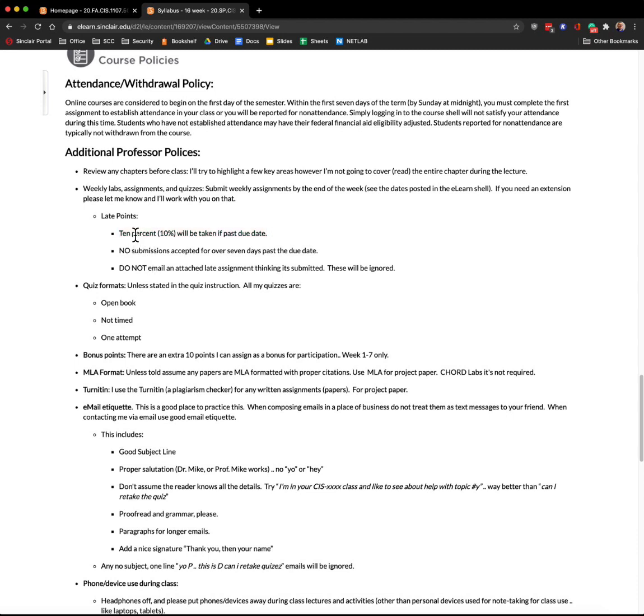It belongs after the due date and before the end date. The end date itself is 7 days again after the due date. Nothing is accepted after the end date. So you basically have a 7-day leeway into the next topic week to try to get stuff submitted, even with late points off though. After that though, it closes. This is to keep you up to pace with the content for the course.